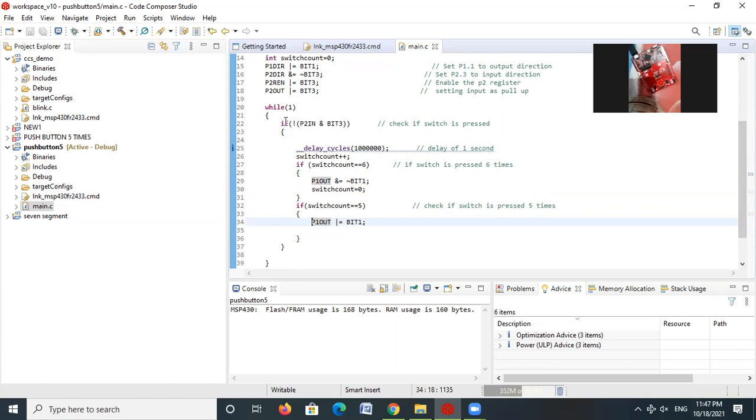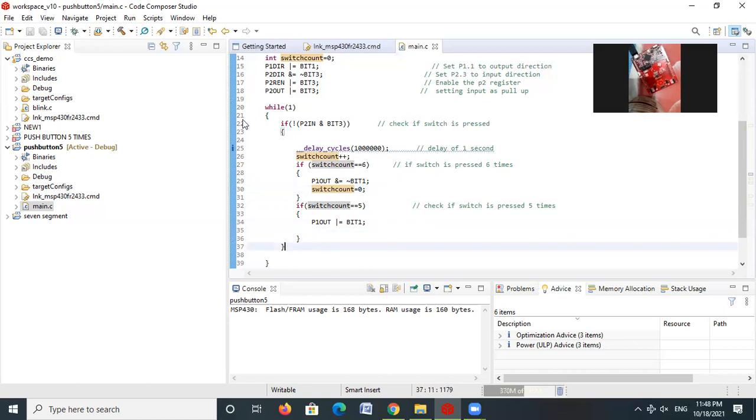Now again if I press one more time, then this switch count will become 6, and this if statement will get satisfied, and our code will come here, and it will turn off the LED, and it will also initialize the switch count as 0, so that we can repeat the experiment many number of times.